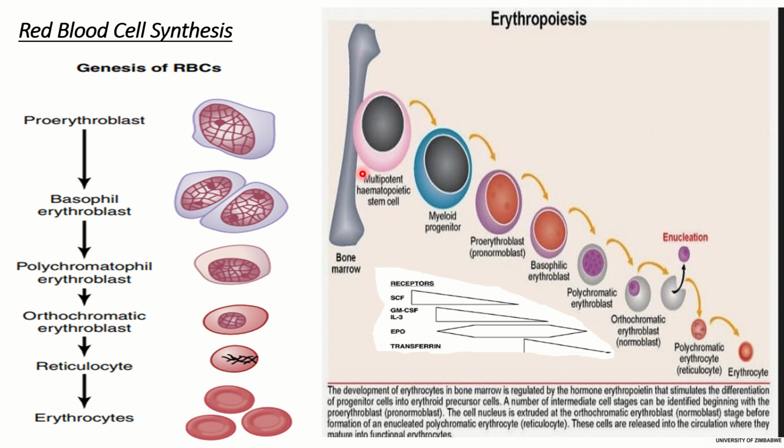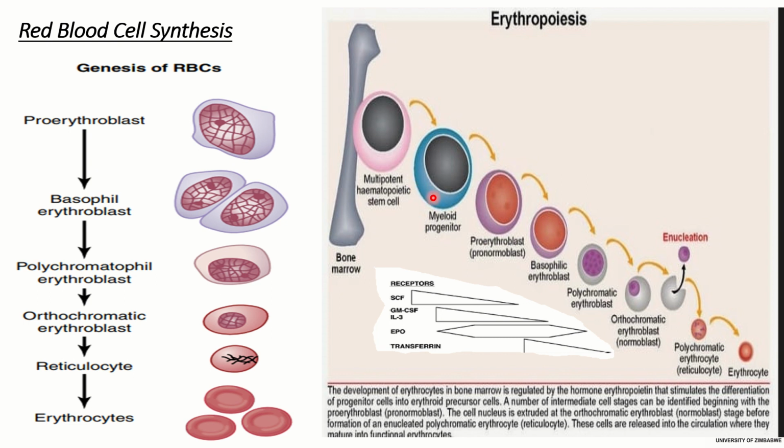cell, which can virtually divide into any cell of the blood lineage, is activated. So when this multipotent hematopoietic stem cell is activated via its receptors, it matures into a myeloid progenitor cell. So this myeloid progenitor cell can be of two forms, right? It can be the burst forming unit, which is an erythroid, or the colony forming unit, which is also